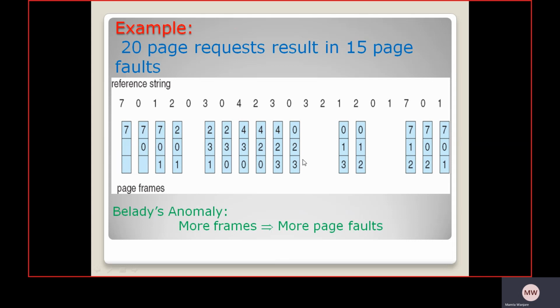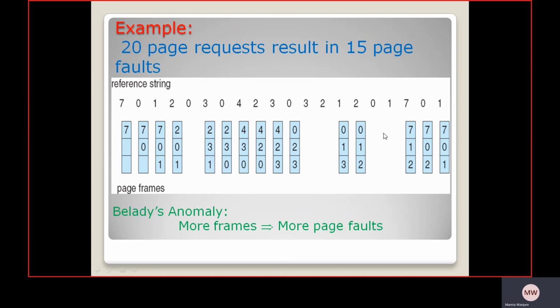Then go for 3, 3 is already present in the buffer, so it is a hit. 2 is also present in the buffer, so 2 is also a hit. Then put 1 in place of 2, so 0 1 3 is there. Put 2 in place of 3, so 0 1 2 is there. Then again 0, but 0 is also present in the buffer, so that is a hit.